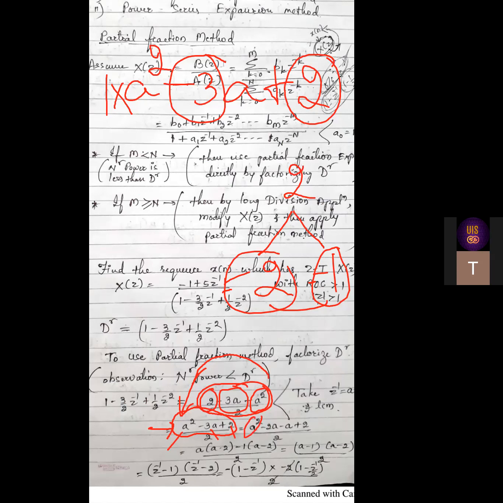First term is a square as it is. Then as the factorized values are minus 2 and minus 1, I have written minus 2a and minus a. If you add both, you should get minus 3a. If you multiply, you should get 2. And plus 2 has been kept as it is. Then take first two terms.